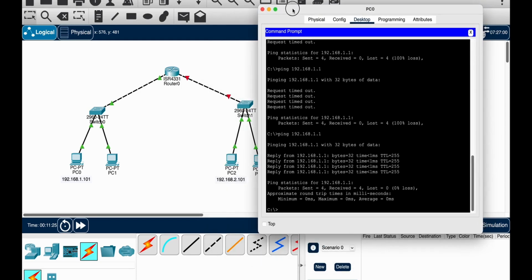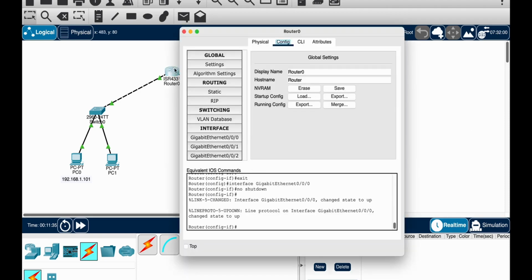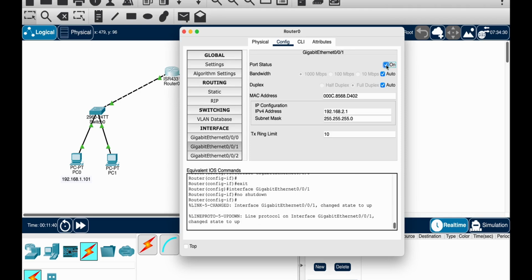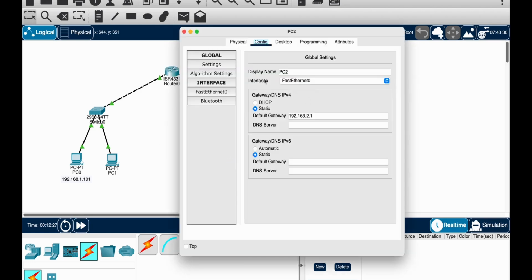Okay, but that was not our end goal. Our end goal was to be able to communicate with this PC2. But before we try to do that, let's go ahead and turn the second port for this router on as well. So let's go ahead over here, go to our second port, make sure it is turned on. Okay, and then wait a little while until this orange thing turns green, so that the internal protocols have all had time to make sure that everything has worked. If it takes a long time, you can click on this fast forward over here, and after a while it should work. Okay, let's go ahead and make sure that our default gateway is set properly for PC2 as well.